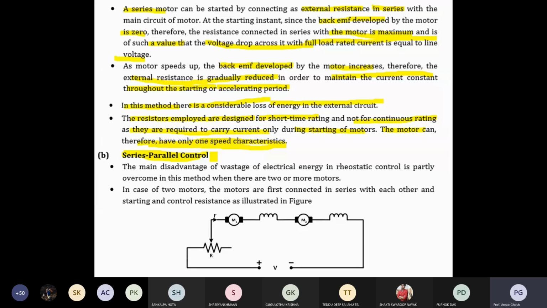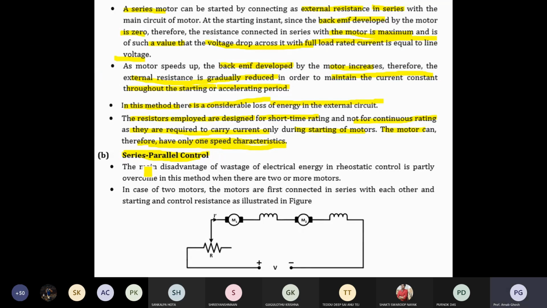Now parallel control. If the voltage is suddenly reduced, then current is increased, basically because power is constant. We should always keep in focus the conservation of energy. If conservation of energy is maintained, then when the voltage level is reduced, the current will be increased. Sometimes both motors connected in series are not capable enough to carry all that current. That's why they are made parallel to each other. If they are parallel, they can distribute the current.